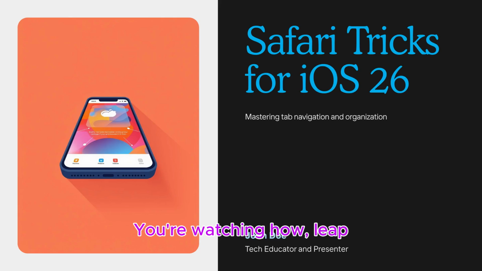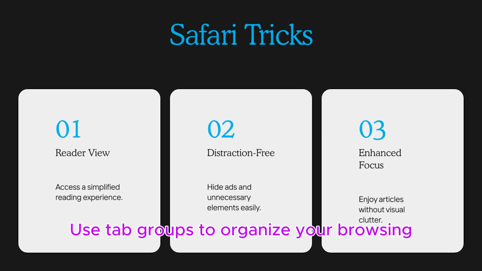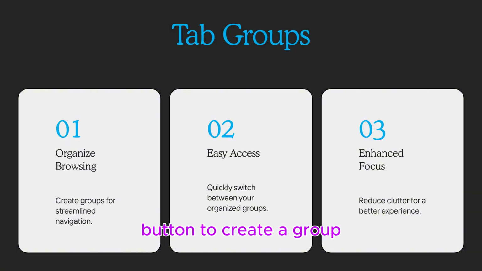You're watching how Leap Let's unleash the best iOS 26 Safari tricks. Swipe left or right on the address bar to quickly switch between open tabs. Tap the AA icon in the address bar to access Reader View and hide distractions. Use tab groups to organize your browsing. Tap the tabs icon, then long press the New Tab button. To create a group, to quickly close all tabs, press and hold the Done button in the tab overview and